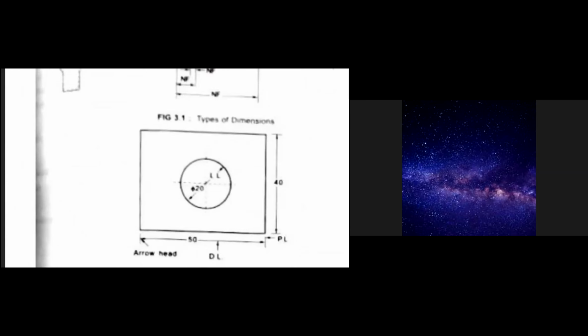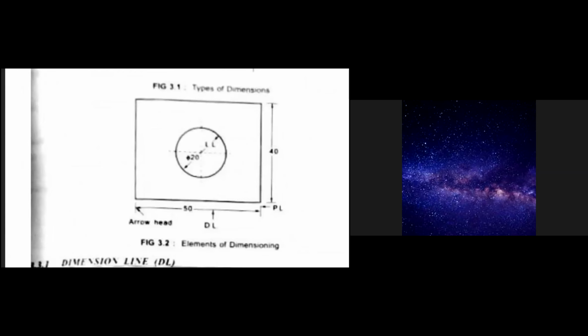So there are 5 elements. One is the constructing line, second is the projecting lines, third is the dimensioning line, then arrowheads, and leader lines. The constructing line is nothing but the line for which we have to write the dimension value. And for the projecting lines, for writing the dimension of that constructing line, we have to draw